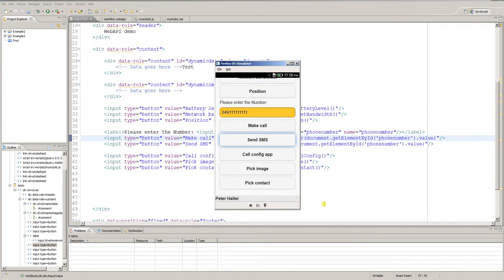Okay. What else do we have? Call config app. If I press call